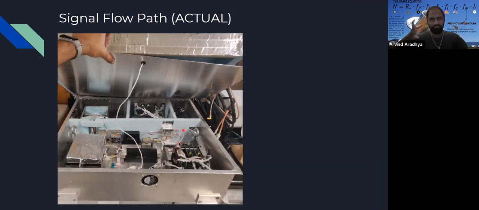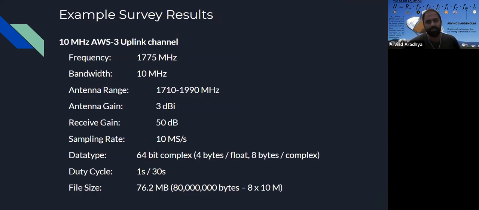Just putting that there for scale. So these things are about, you can see my hand in the picture, that's about how big they are. And then this is what we did. This is an example survey that we actually carried out. So again, if you've lost the train of thought already because I'm rambling too much, what we're trying to do is look at who's occupying a certain spectrum at any given time, so that we can then build up the infrastructure to say, okay, you have it from 5 to 6, you have it from 6 to 7, and so on.